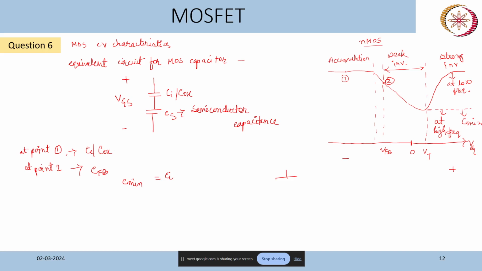One is, so the equivalent circuit is like this: this is the depletion capacitance and this is the inversion capacitance. Okay. Cs. What is depletion capacitance? So in case of p-type substrate, when the holes are depleted, there will be Na minus ions, so that will give a capacitance with Na minus and the gate voltage. Okay, so that is Cd, given as epsilon S by depletion width. Okay, W is the depletion width.